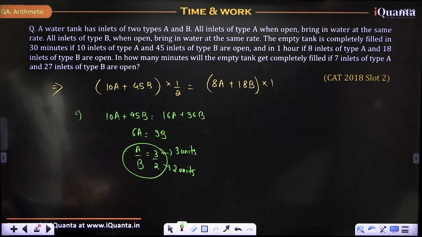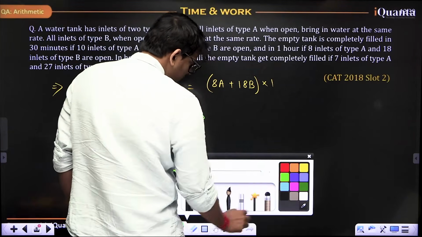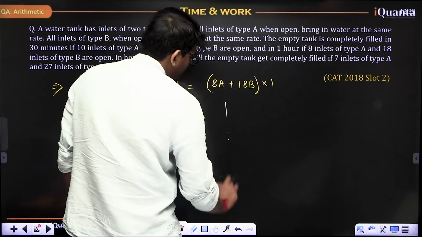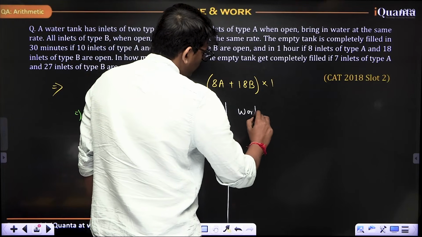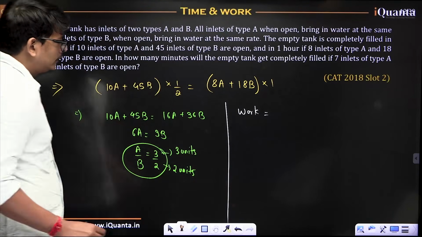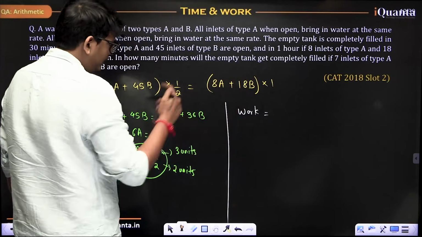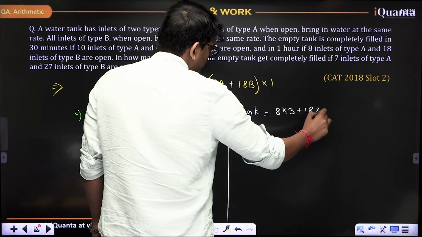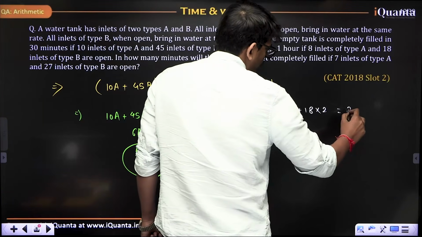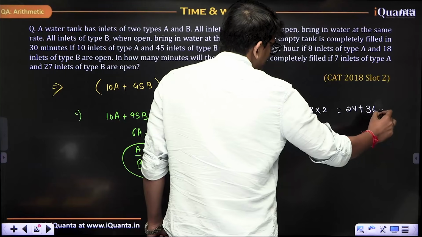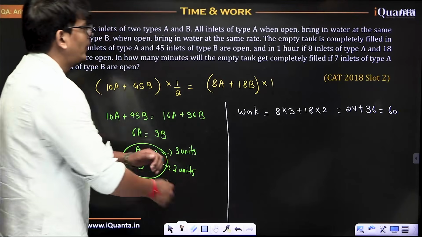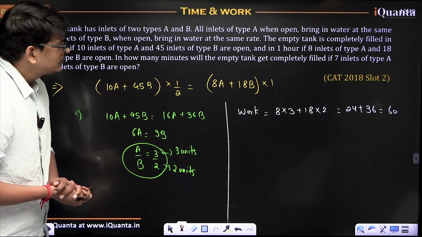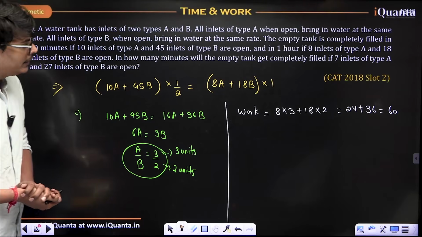Next, I will find out work first. In such type of question, always find out the work. So what is work? Let's put this value here, or you can put it here, that will be easy. 8 into 3 plus 18 into 2. So 24 plus 36, 60. That is work, right? In how many minutes will the empty tank get completely filled if 7 inlets